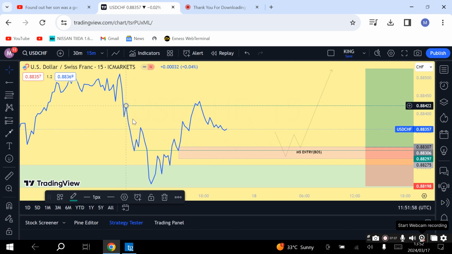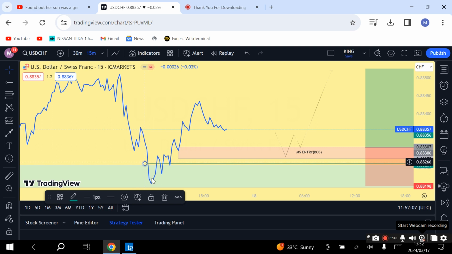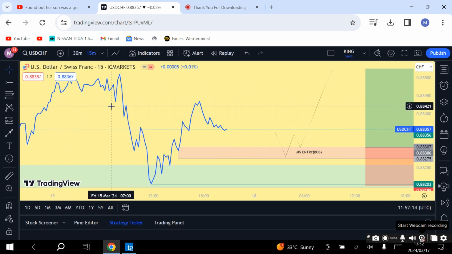Same thing, the market was up there, broke this, it broke the low there, right? And we had this low. So I'm just trying to explain to you guys why I wanted to enter on the M15, right? I was waiting for price because this was the highest high and the lowest low.